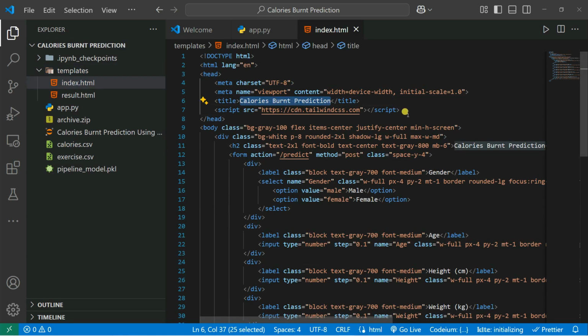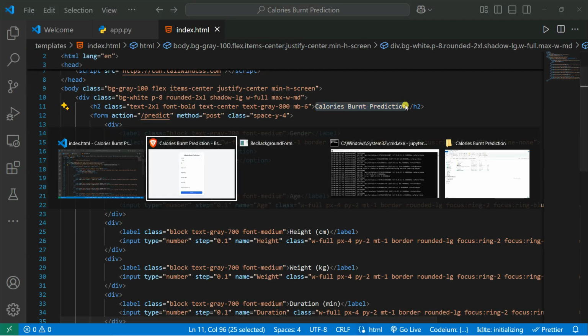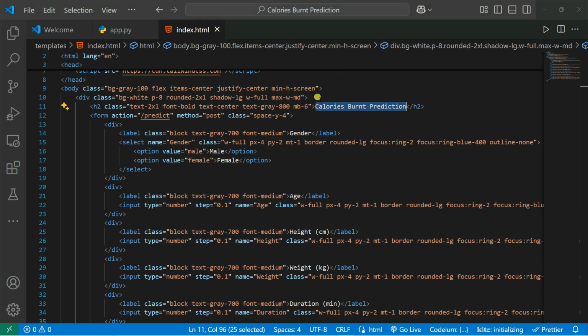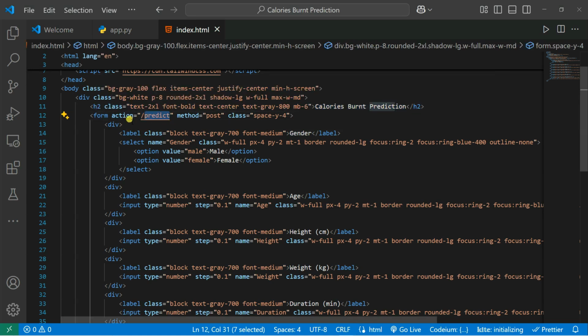And after that, you also added Tailwind CSS because it's easy to use. And using Tailwind CSS, you can create some interactive UI. Then we have the body tag, and in this body tag we have one h1 heading tag, which has the heading called Calories Burn Predictions that you see in the application. And after that, we have a form, and the action is nothing but predict,